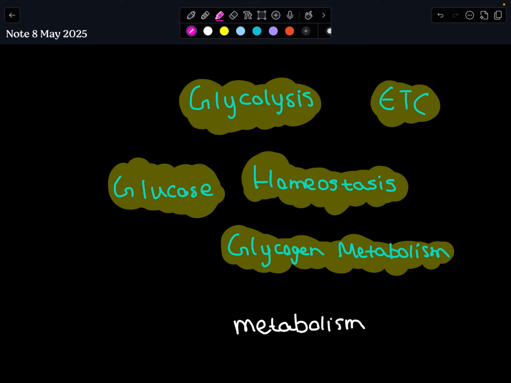So what does metabolism have to do with glycolysis? Metabolism is the big picture, all the chemical reactions in a cell that keep it alive, growing, and functioning. Glycolysis is a key part of metabolism, specifically in the subset called catabolism, where molecules like glucose are broken down to release energy. It's one of the first pathways in carbohydrate metabolism, converting glucose into pyruvate, which feeds into other